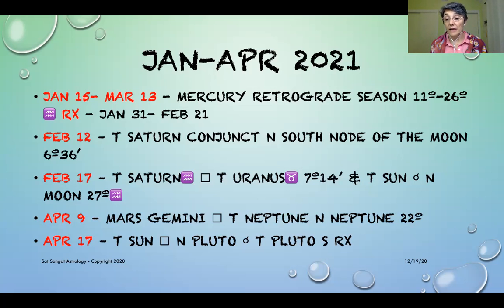Also, transit Saturn on February 17 will be squaring transiting Uranus. And that is the most powerful transit for 2021, because the square Saturn-Uranus will happen 3 times, right? This time in February, it will be at 7 degrees 14. Again, right by the south node of the moon. Transit Saturn, as I said, rules the economy, and transiting Uranus is in